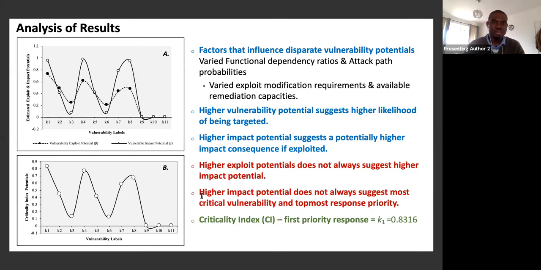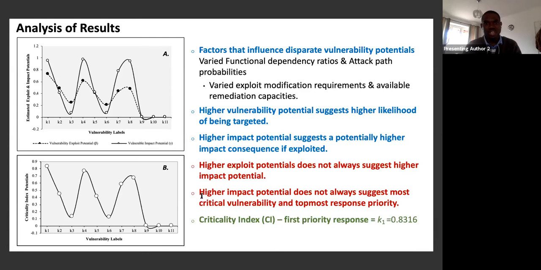And then we also see that higher impact potentials do not always suggest the most critical vulnerability and topmost priority. So this we can also see in the B part. If we superimpose the graph of B upon A, what we will discover is that vulnerability K1 in the first instance has a higher impact potential of 0.95, and then the criticality impact of 0.83. Then K4 has 0.97. So ordinarily, we would believe that K4 should have a higher criticality impact, but then we see that, because of where K3 is resident on the network and how easy it is to be reached, K1 appears to even have a higher criticality impact. So this helps to really understand that